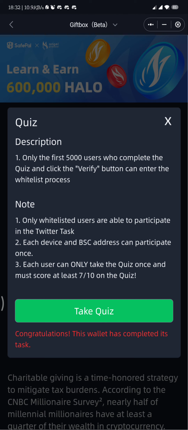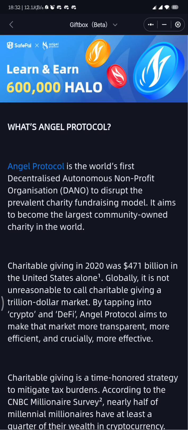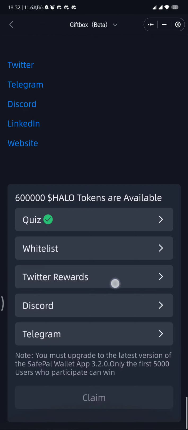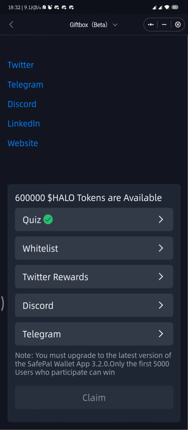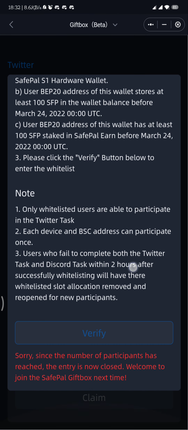After submitting, it brings me to this page. After bringing me to this page, I need to cancel, then go back to these are the necessary tasks I need to take. I've done the quiz. Then the next thing is to get